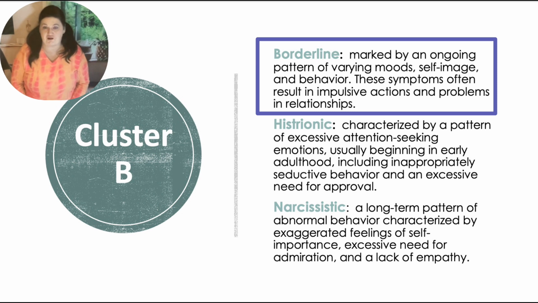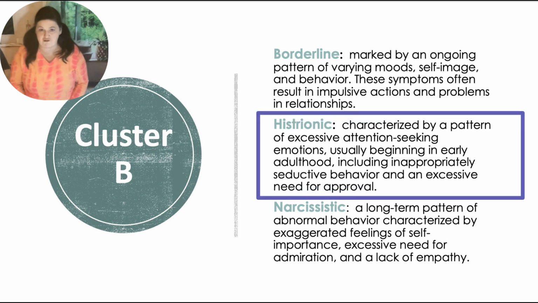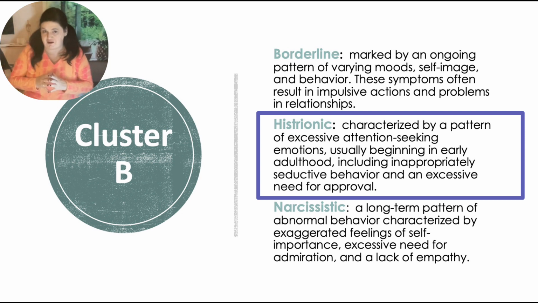And then the history is characterized by a pattern of excessive attention-seeking emotion. This one usually begins in early adulthood also, including inappropriately seductive behavior. So they're a little promiscuous. They act out sexually. They have an excessive need for approval and attention and affection, which oftentimes they find using